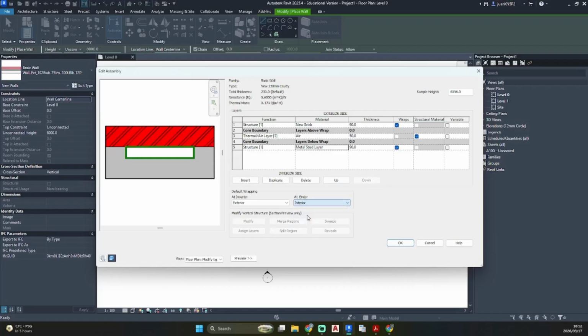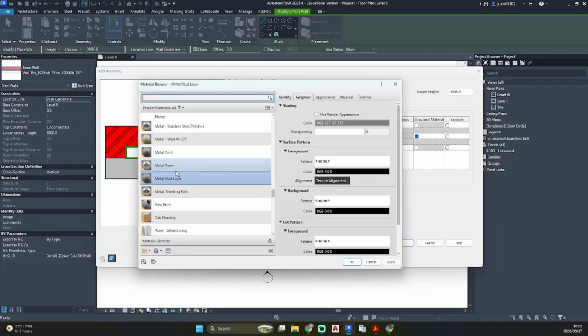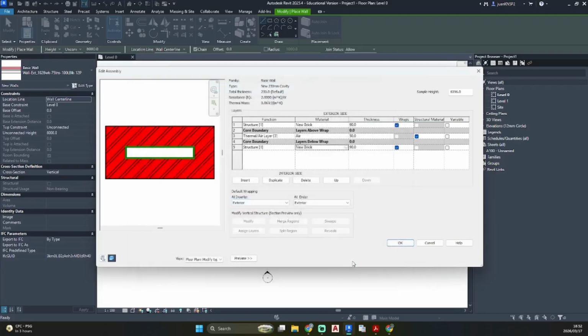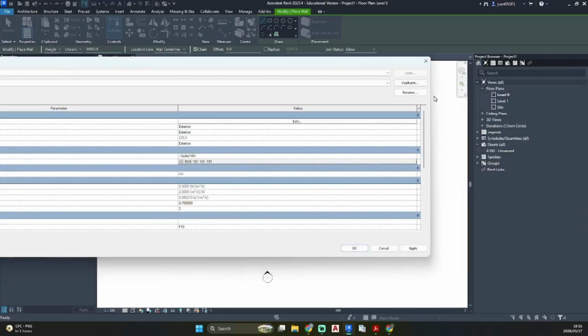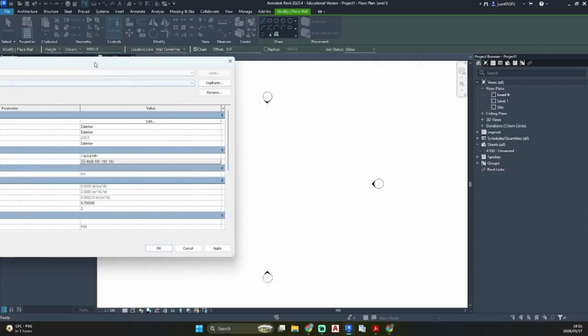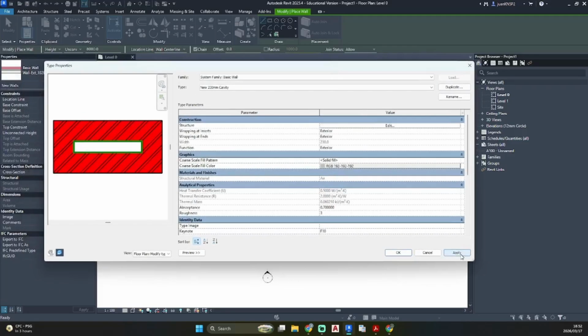If we change this to interior, the interior wall will wrap. I'm going to leave this at exterior, change my material back. Let's go OK. Apply and OK.